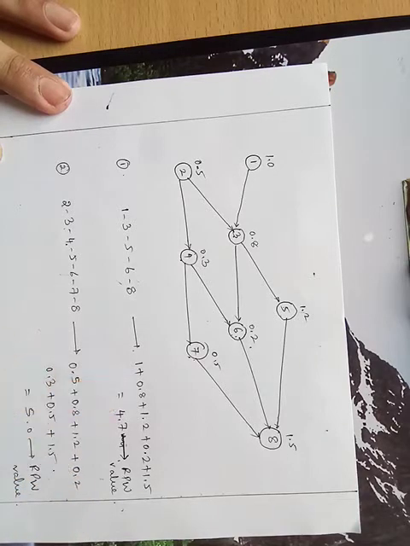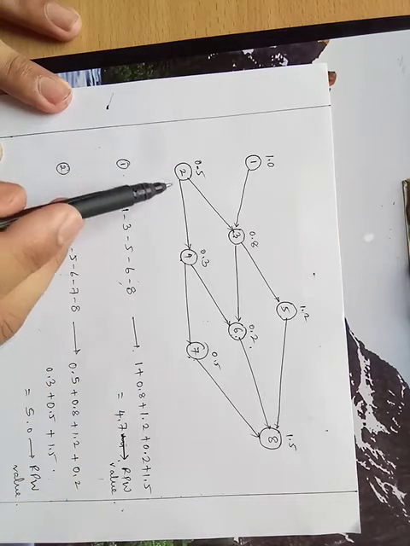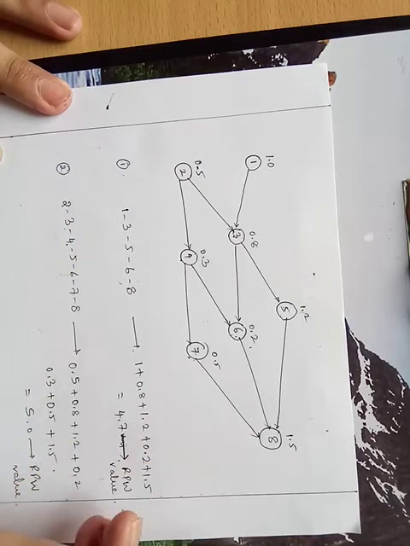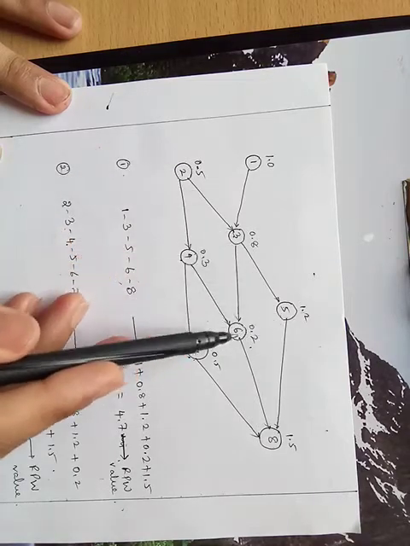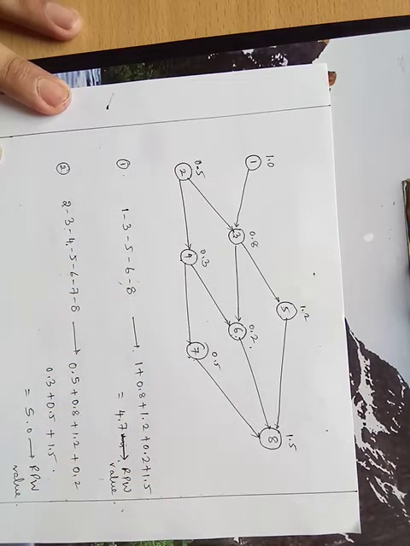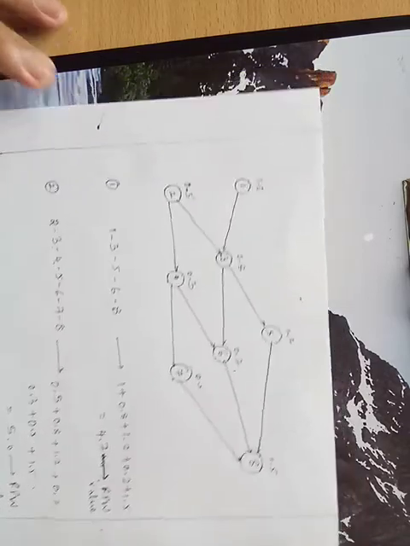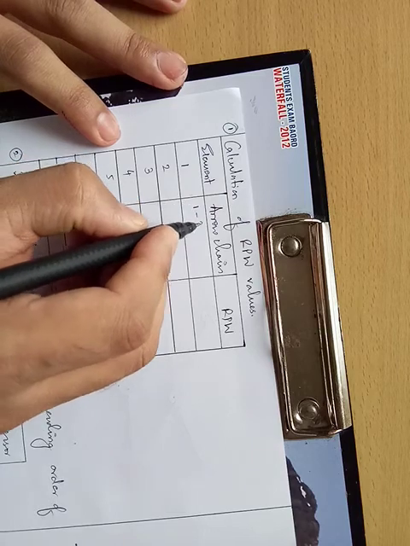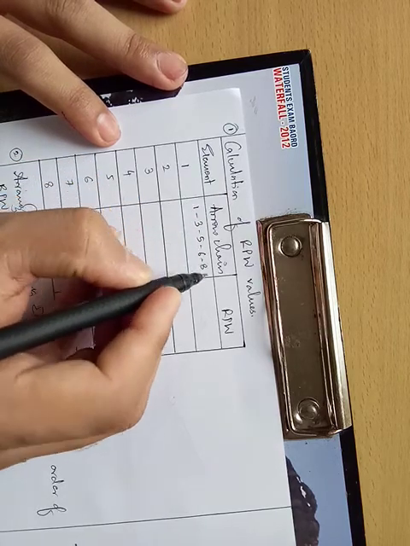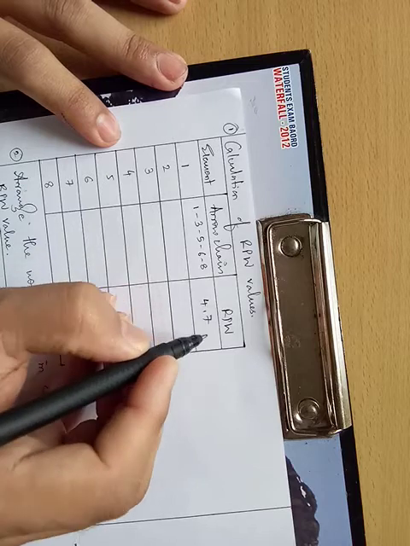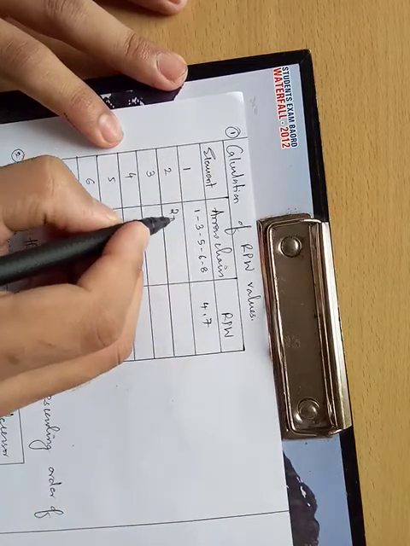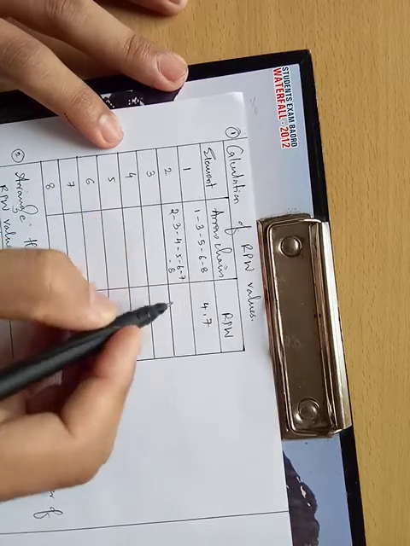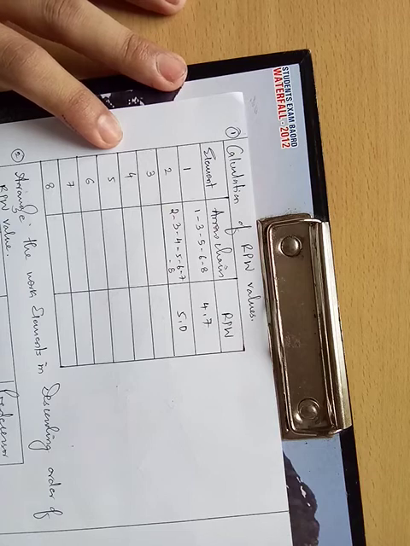So each of the arrows which is emerging from the work element should go and touch the final destination or the last work element, and all those work element times you need to add up in order to get the RPW values. So if I continue in a similar manner, in the first case the arrow chain is 1, 3, 5, 6, 8, RPW value is 4.7. In the second case it is 2, 3, 4, 5, 6, 7 and 8, RPW value is 5.